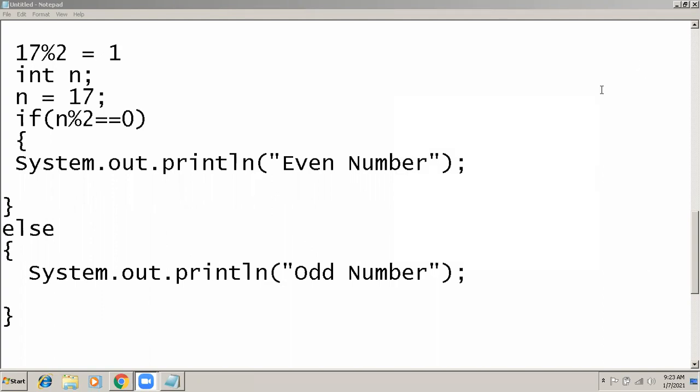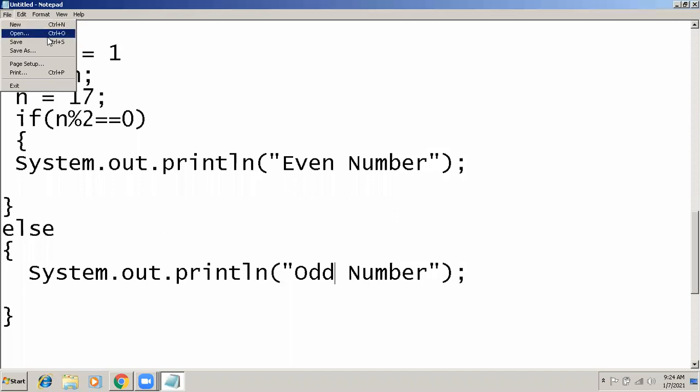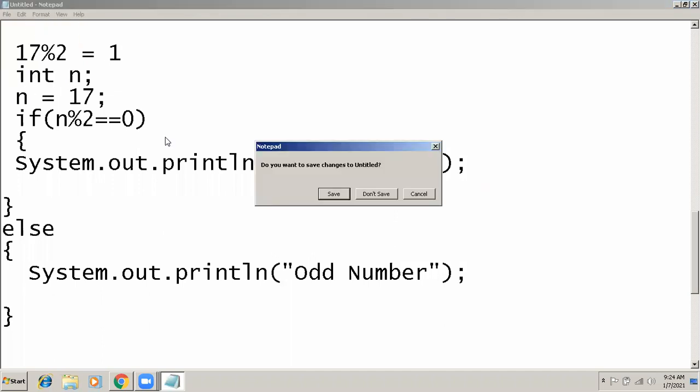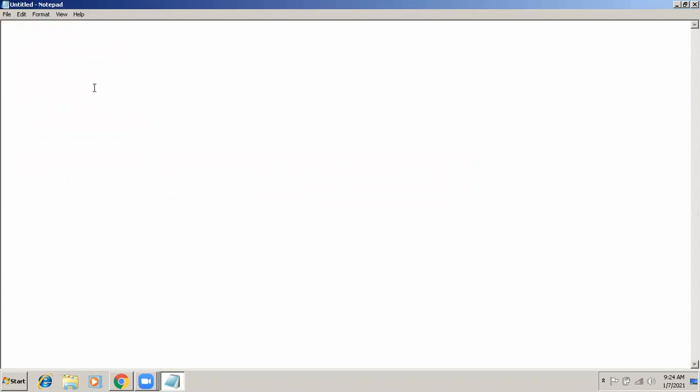Okay. Then I'm going to write this program in Java and run it. So I'm going to take a new file. All our programs should start with a class, and I'm going to take the name as Number.